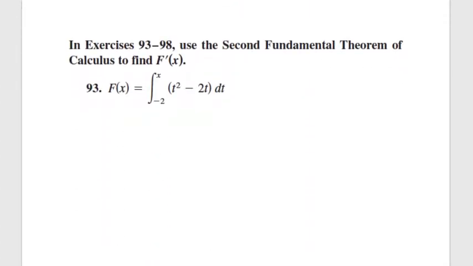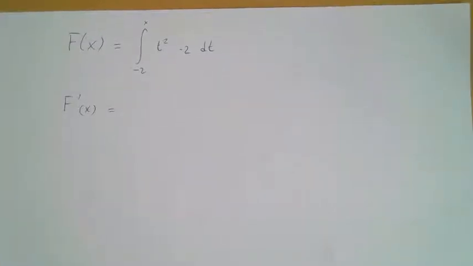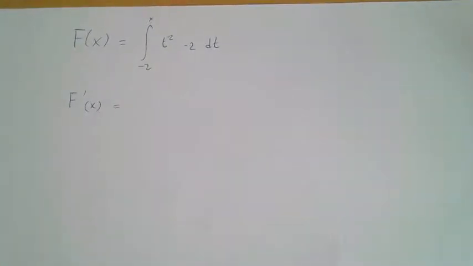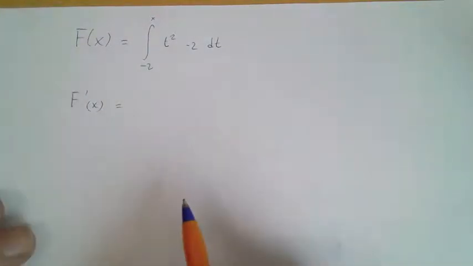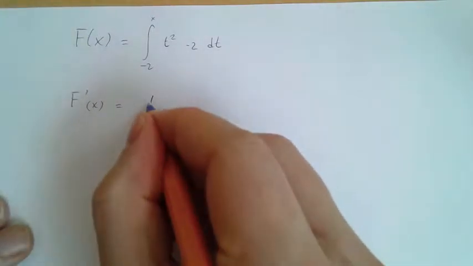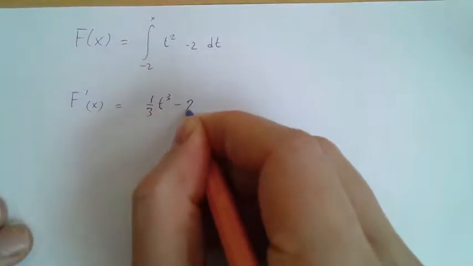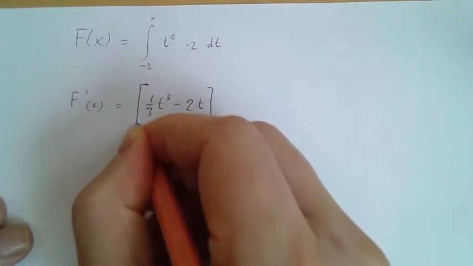Now we're going to see two exercises that relate to finding the derivative of an integral. The first one is given here. So I wrote it down. There are two ways of doing that. The first one is just to go through all the calculations, because finding the integral of t squared minus 2 is quite easy. The integral of t squared minus 2 is 1/3 t cubed minus 2t, and we're integrating from